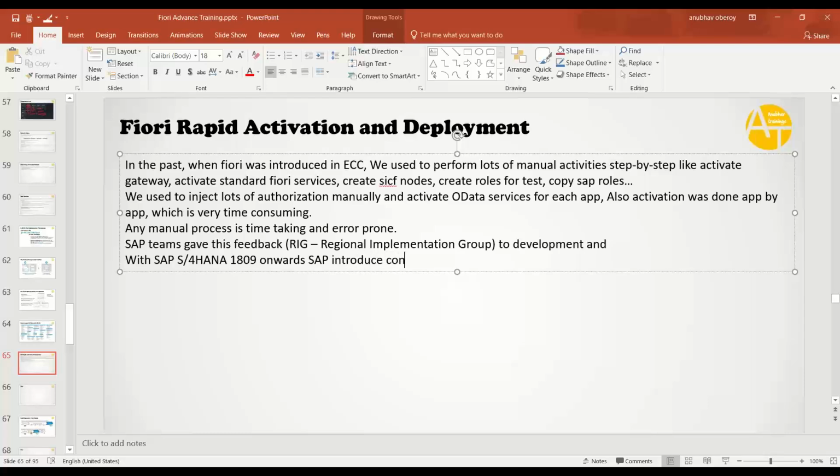and with SAP S/4HANA 1809 onwards, SAP introduced the concept of rapid Fiori activation deployment. First you have to deploy Fiori and then activate, right? First the base has to be ready, only then you can start cooking, correct? Now, can you believe all of these activities are simplified